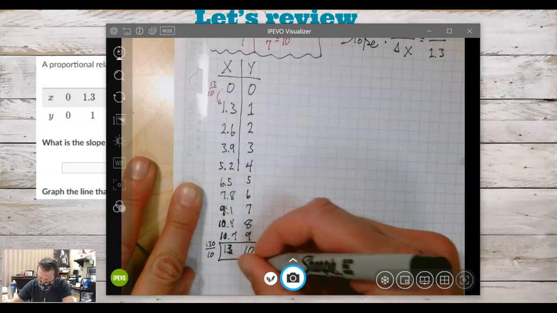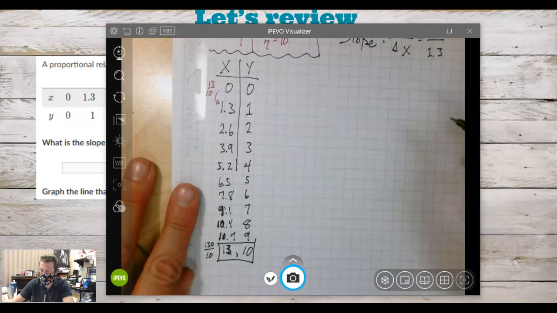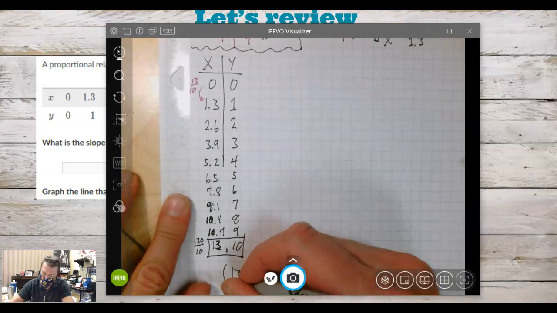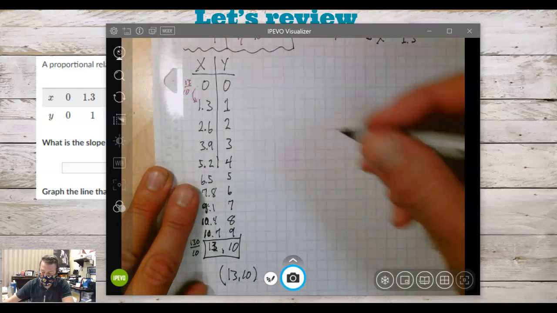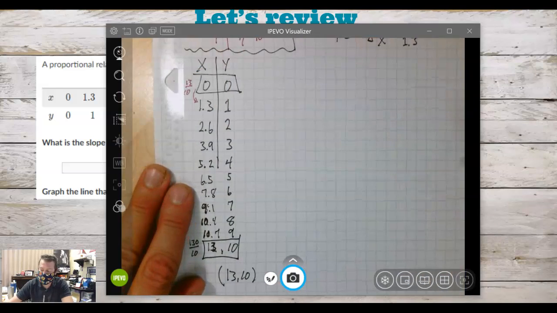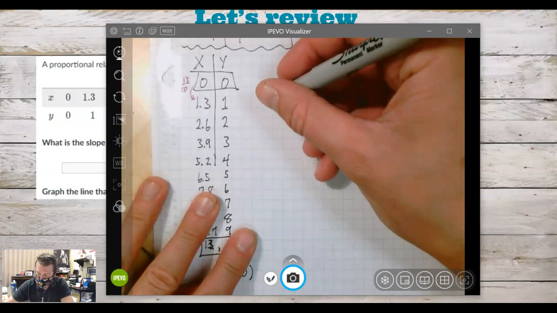And that would be the point 13, 10, right? So remember, our points are ordered pairs, written in x, y ordered pair form. So it'd be 13, 10. We said one point that we want to use with proportional relationships is we always have the 0, 0 point. So then if we were to go to graph this,